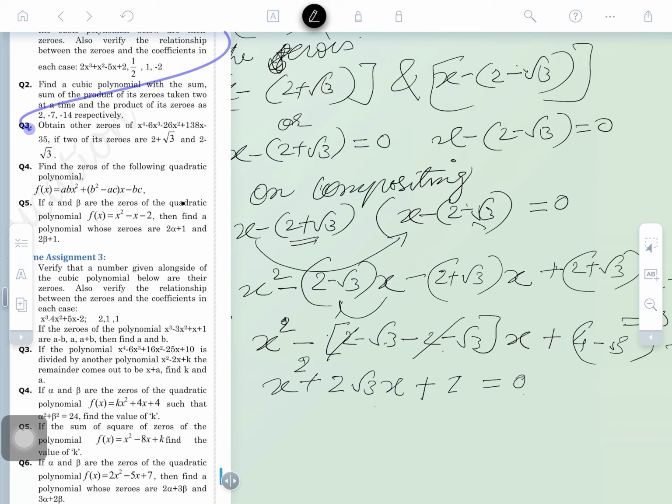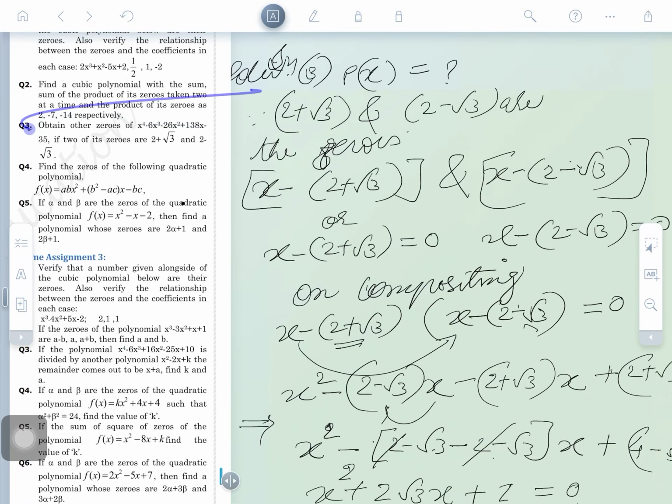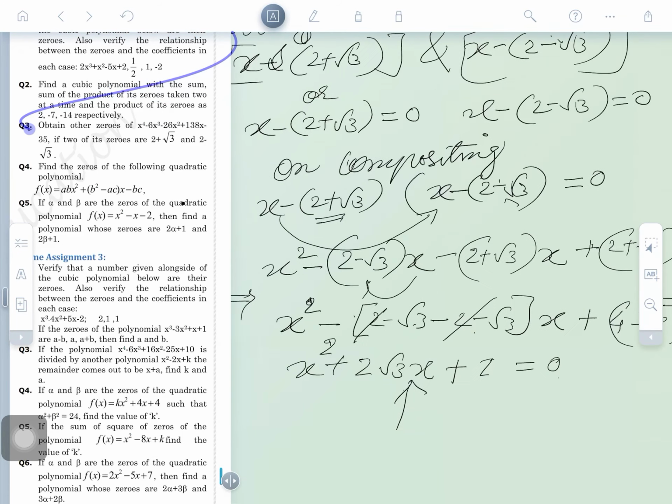And the expression can also be solved further, especially this minus 1 will be introduced here. So one factor is coming here, but we have to check whether we have done the operations correctly or not. If we do the question all along, we will get a very lengthy solution, and we will find that there is some mistake in the previous steps, then your entire problem will be wrong. So check whether it is wrong or right. First, the 2 factors from 2 plus root 3 and 2 minus root 3, we made 2 factors, both are negative. We have composited them.